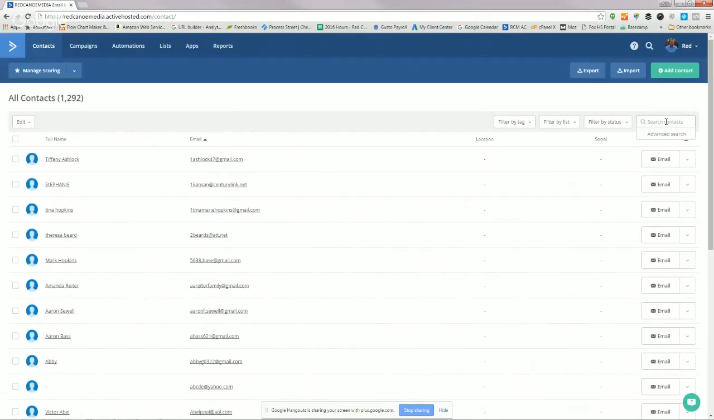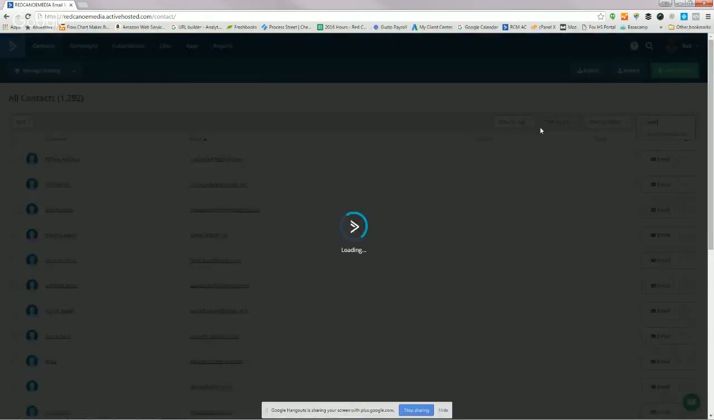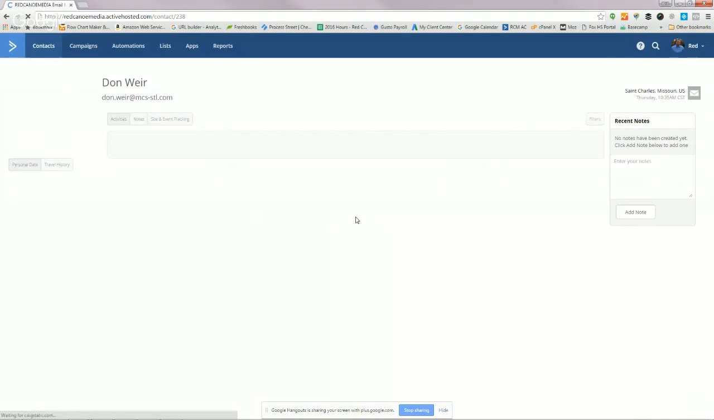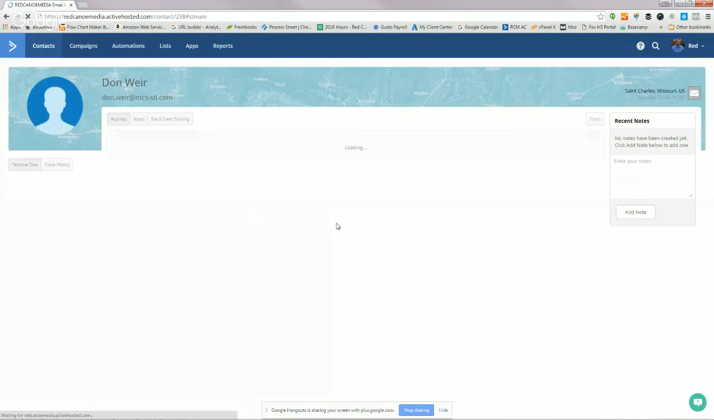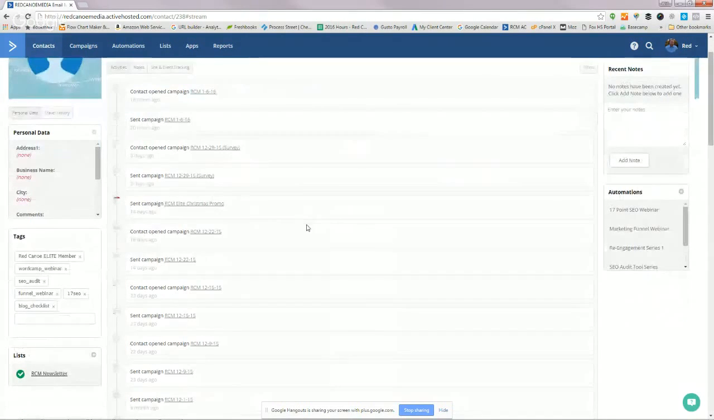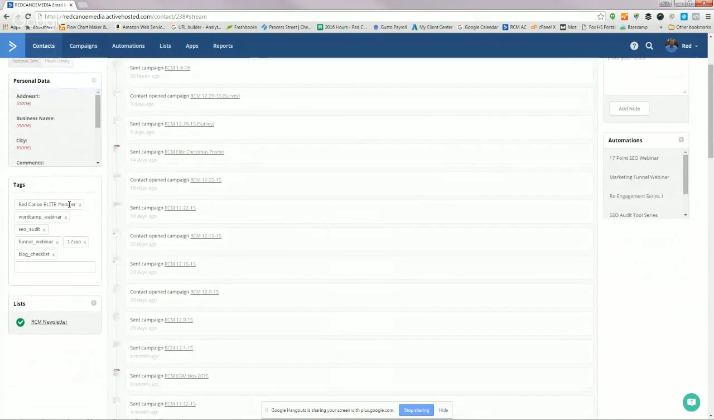So let's search for Don, who I think is probably on the call today. I can click on his name. The really cool thing about ActiveCampaign is I can start to tag people based on different interactions they've had with my business, my newsletter, a webinar, something like that. Over here on the left, we can see some different tags that I've added to Don's